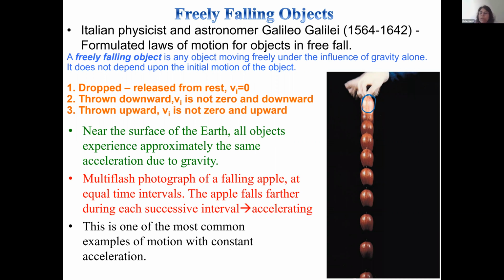But the important thing is, if you drop it, that means you start with initial velocity 0. So now what will happen when you drop the object? Your velocity is going to keep increasing in the downward direction, linearly. And at the same time, your acceleration in the y direction is going to stay constant, that is 9.80 meters per squared